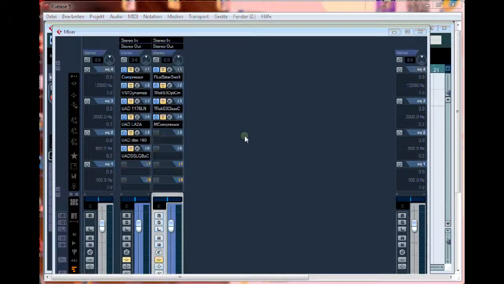Now I'm going to show you which compressors I use and why I use them. After this introduction, I will show you some example projects where you can hear and see the usage of these compressors. Okay, the first choice